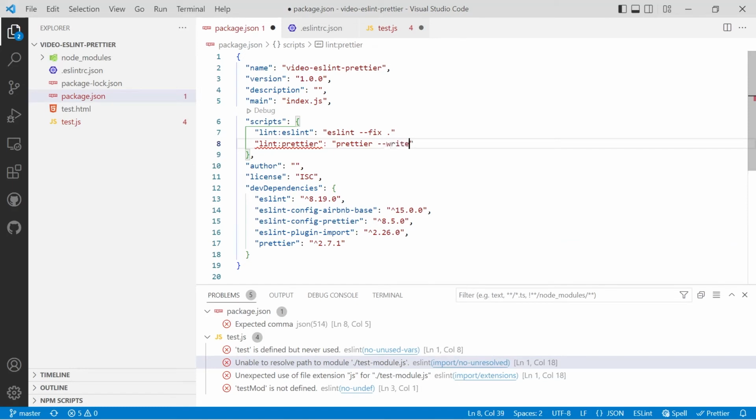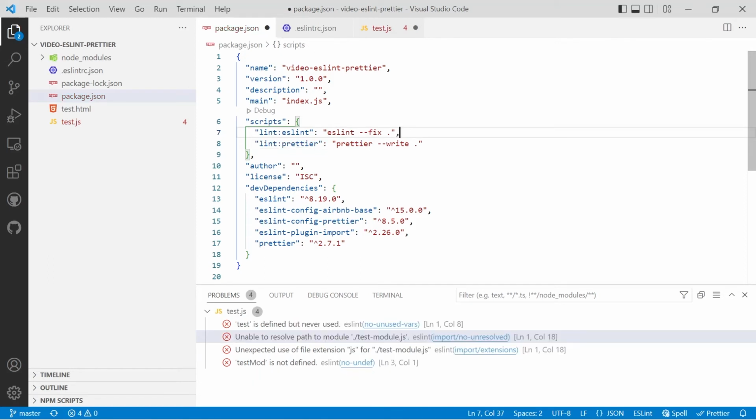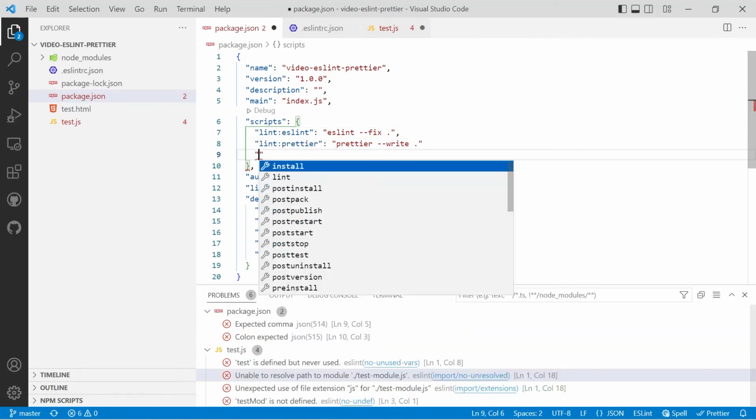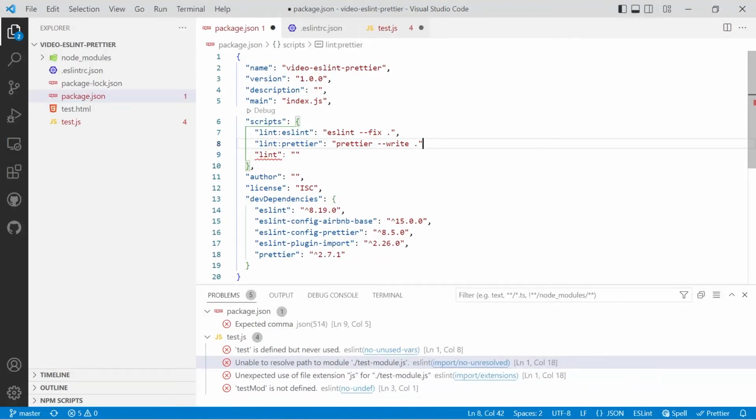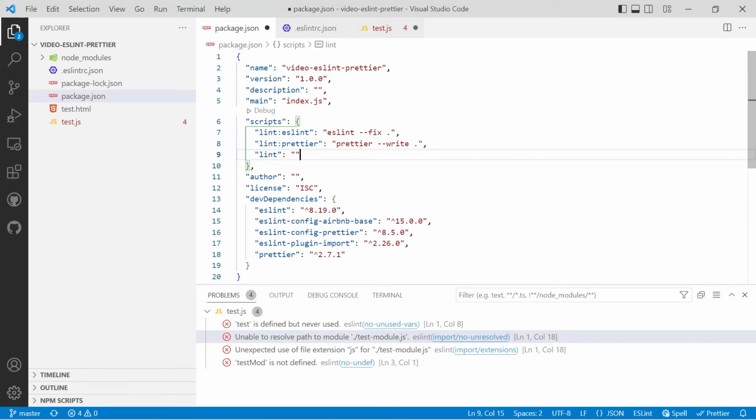Right, and that's the exact same as fix, but for Prettier, and then a space and a dot. Make sure you've got a comma after your first command. Then we can link them both together. We'll just call that lint, and put a comma in before we do it, and that will be npm run lint:ESLint,